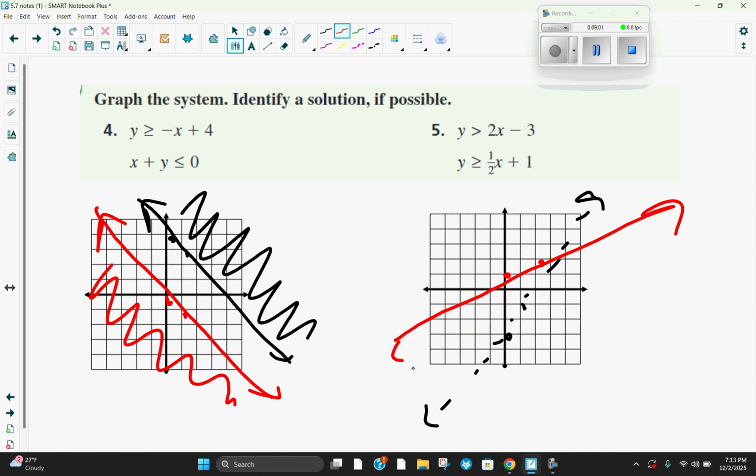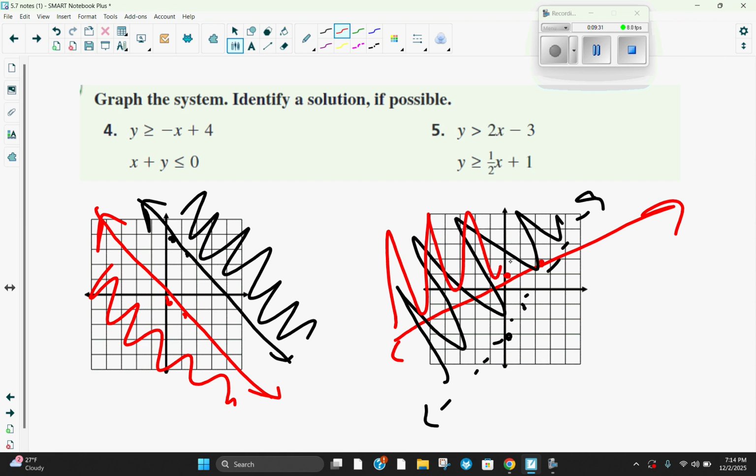All right. So then we got to decide where's the shading go. So in the first one, the y greater than 2x minus 3, that's the black line. The solution is above the black. Okay. And in the second one, it's also above the red. So it's going to be above the red. Let's plot that. So everything above the red. All right. So really, where is my solution then? Well, it's anywhere where the two are in the same thing. So basically, all this,